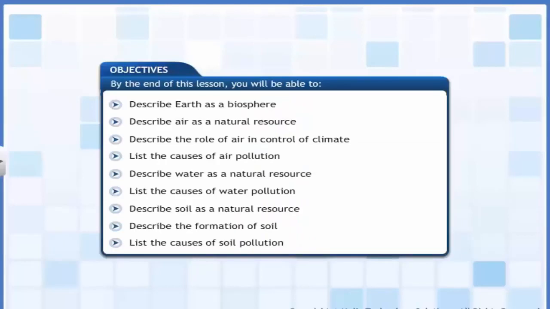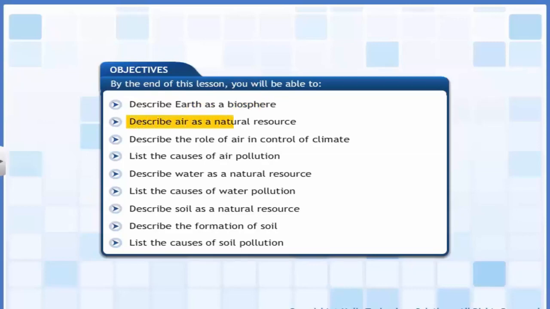In this lesson, you will learn about natural resources such as air, water, and soil, their importance, and the pollution of these resources. By the end of this lesson, you will be able to describe Earth as a biosphere,